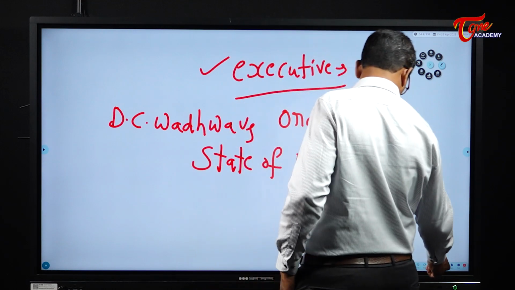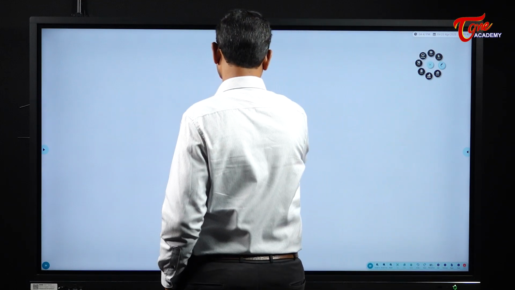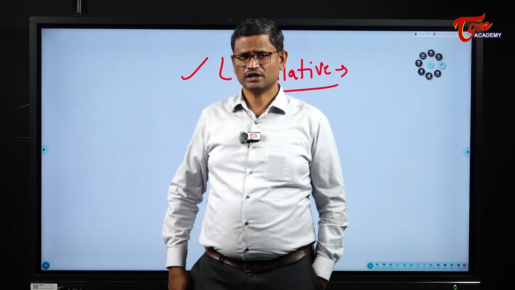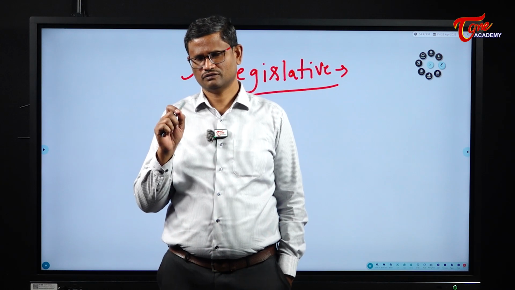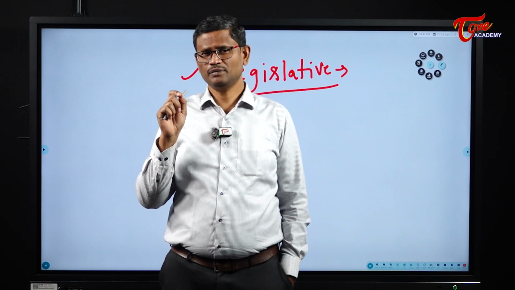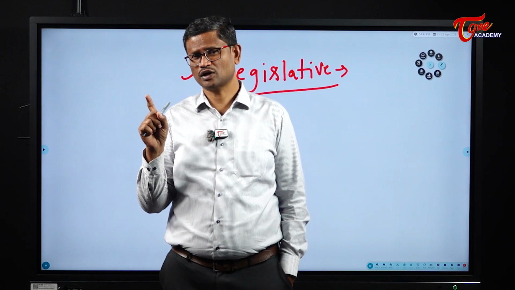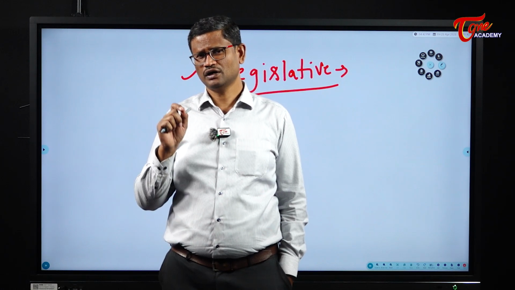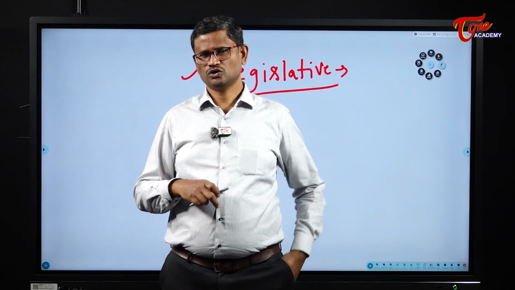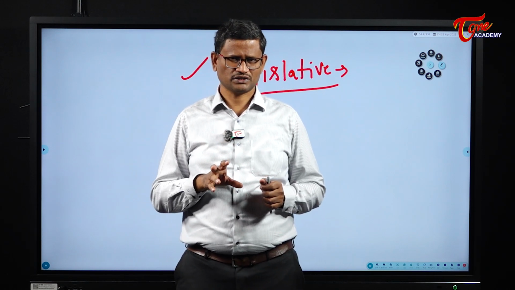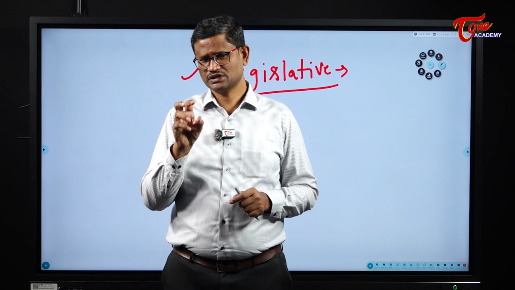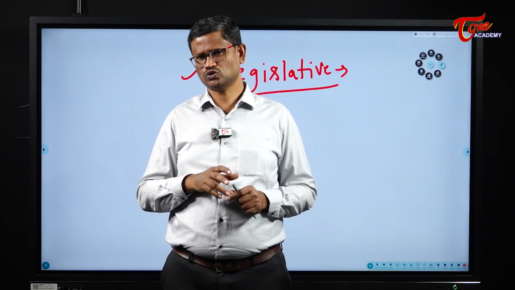The next one, legislative powers. See, the president is part of the Indian parliament. So any bill, whether it is an ordinary bill or money bill or a constitutional amendment bill, passed by both houses of the parliament shall get approval from the president. Unless the president gives his approval, the bill will not become an act. So one of the main powers of the Indian president is, on the advice of the Council of Ministers headed by the Prime Minister, the president will summon the houses of the parliament to meet in session.